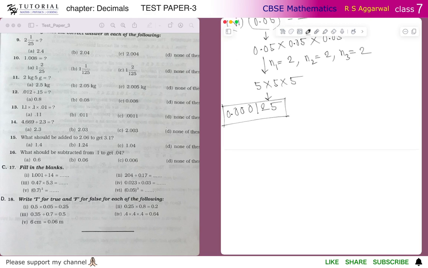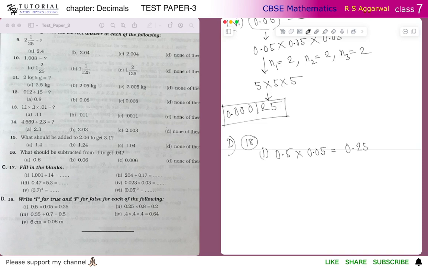Okay, now it's D. Section D, 18 is the final question. Is true or false? Write T for true and F for false for each of the following. So number 1, it is saying 0.5 multiplied by 0.05 is equals to